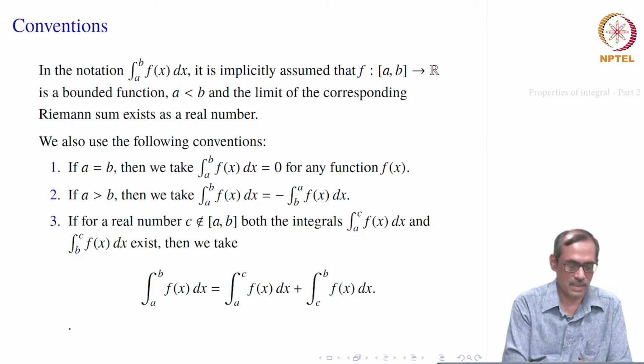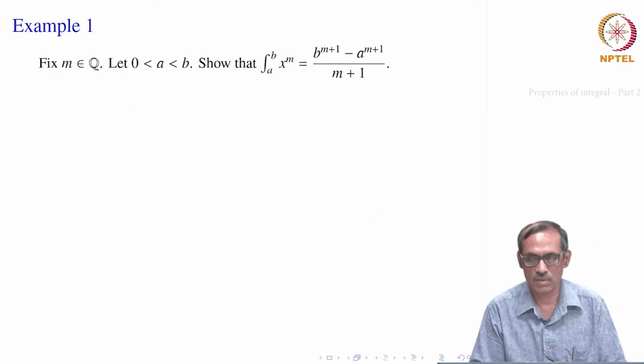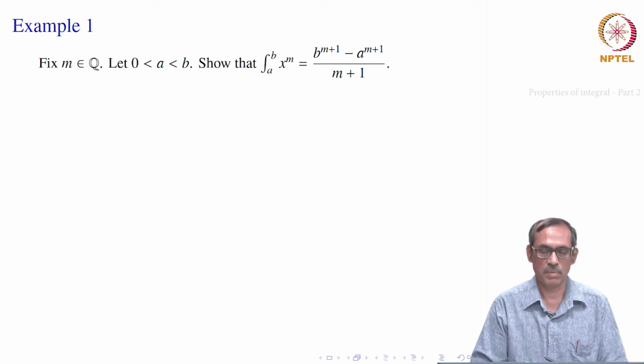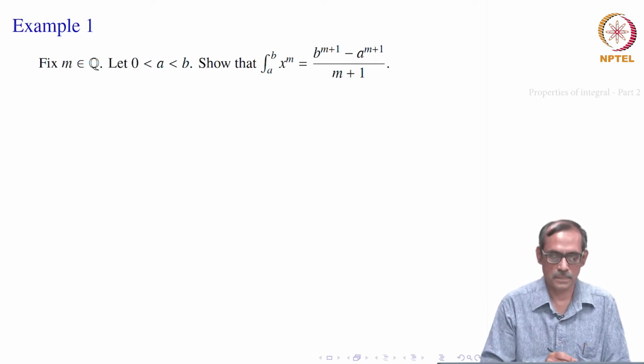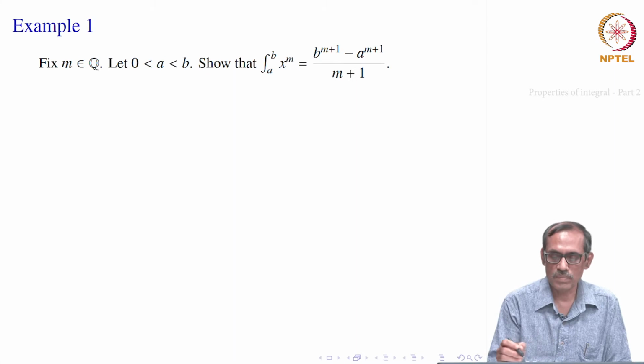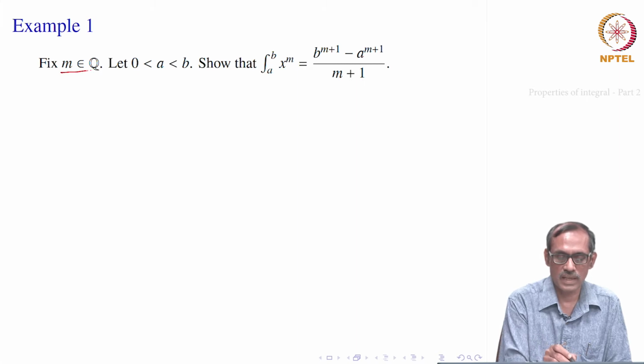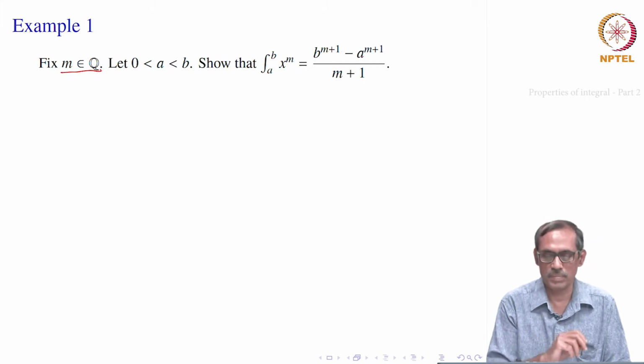Okay, let us take an example, see how it goes, how these properties help us in evaluating integrals. So, suppose we put some m which is a rational number, because only rational powers we have defined. You can also take real numbers whenever it is well defined, but it should be a continuous function and so many other things. So, just to make it simpler, let us take that m is a rational number in the form p by q.